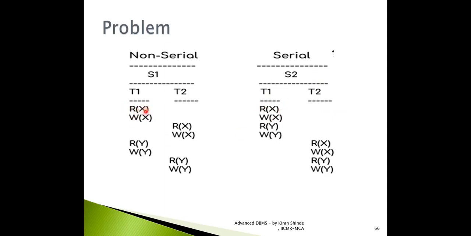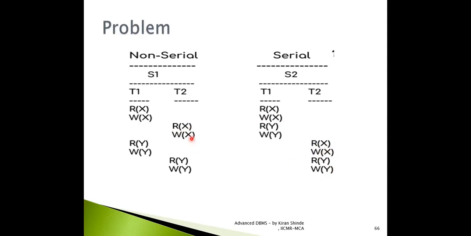Condition number 2, that is nothing but final write. Now, who is doing final write on data item X? Let us cross check. Here, data item X is modified. If you see in T2, here also data item X is modified. After this, data item X is not modified. It means T2 has done the final write operation on data item X. If you cross check in S2, obviously here, since it is a serial schedule, data item X is modified by transaction T2 finally here. So condition 2 is also getting satisfied.